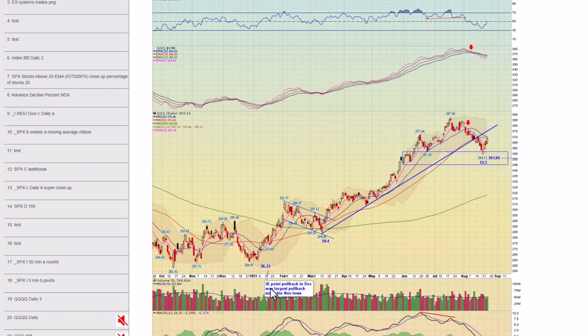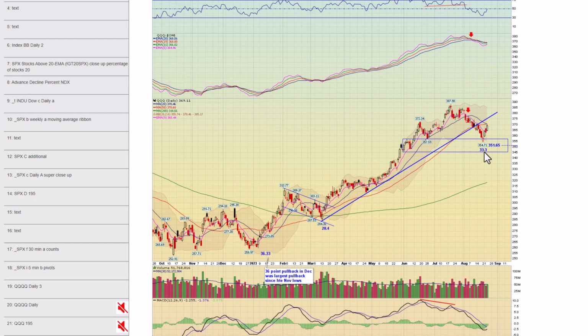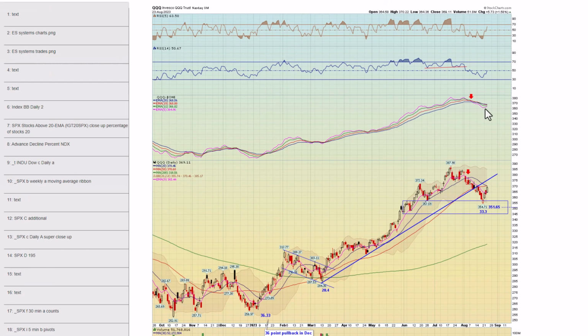So first off, Steve discussed this last night. We had about a 33-point pullback from the highs. The largest pullback in the triple Qs uptrend from the October lows was 36 points set back in December. So we did not break long-term symmetry. Nice rally. But notice again, I still think there's potential for a lower high. But besides the two moving averages here, this broken trend line is now resistance. Moving average ribbon is also bearishly stacked and pinching.